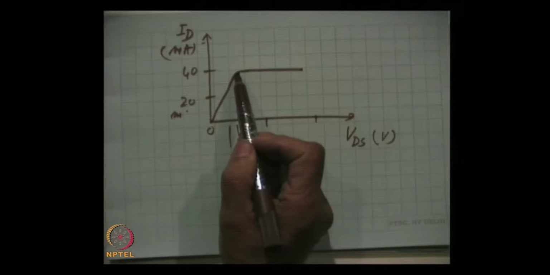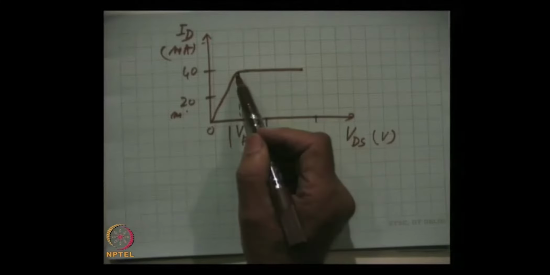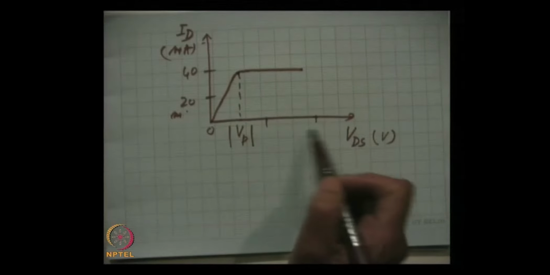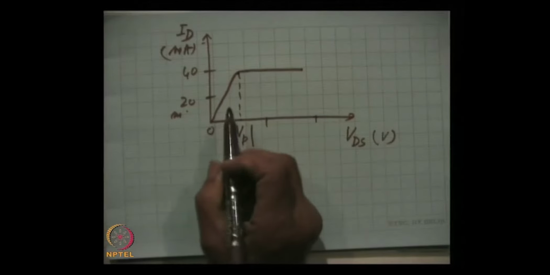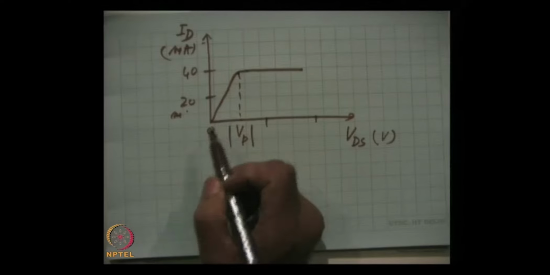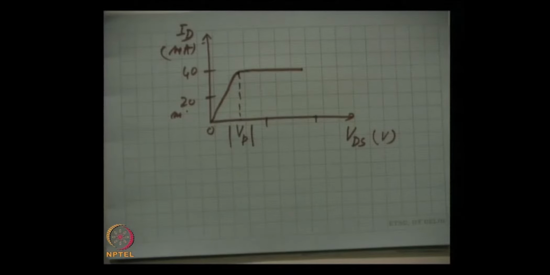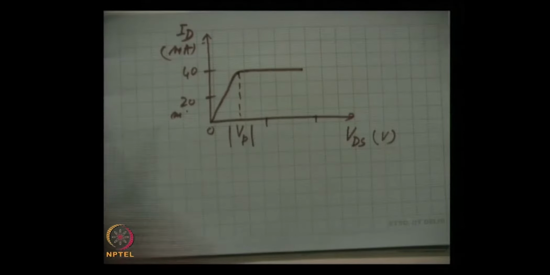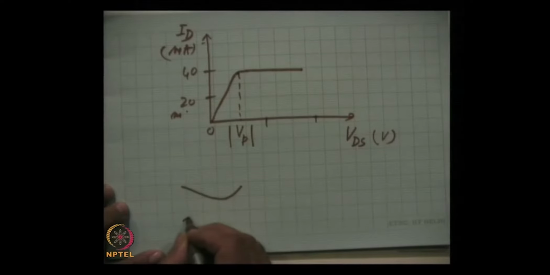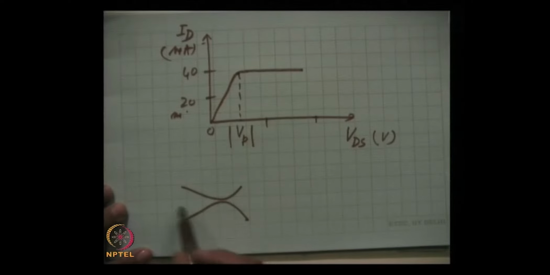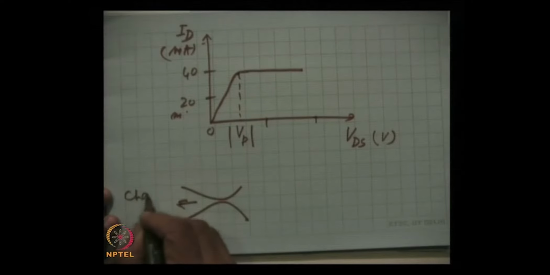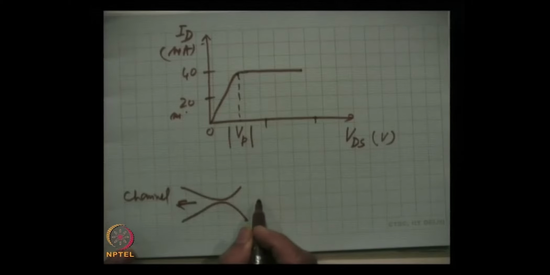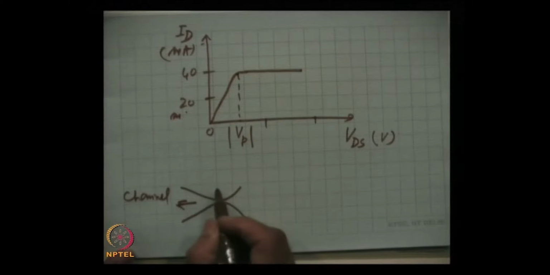Now, you may ask that once the pinch off has occurred, why is the current constant? By further increasing this voltage, why is the current not increasing? Very valid question, and let us try to understand this again. Once at this point the pinch off has occurred, that means this is the channel through which charge carriers are flowing to form the current. Now, this is the depletion region,